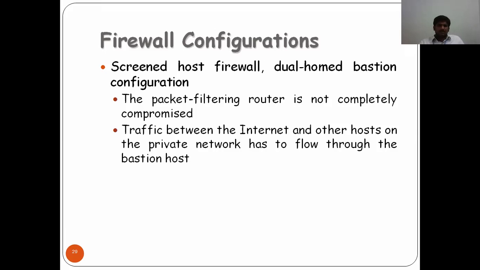the packet filter is not completely compromised. Traffic between the internet and the other hosts in the private network has to flow through the bastion host. So it gets through the bastion host, and a proper connection is made. In the previous one, we could have a direct internet connection also available, in the single homed bastion host. So here we have directly the path